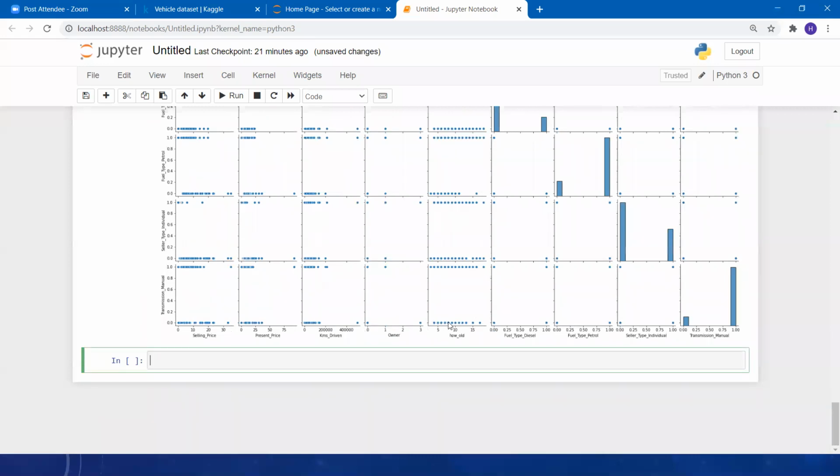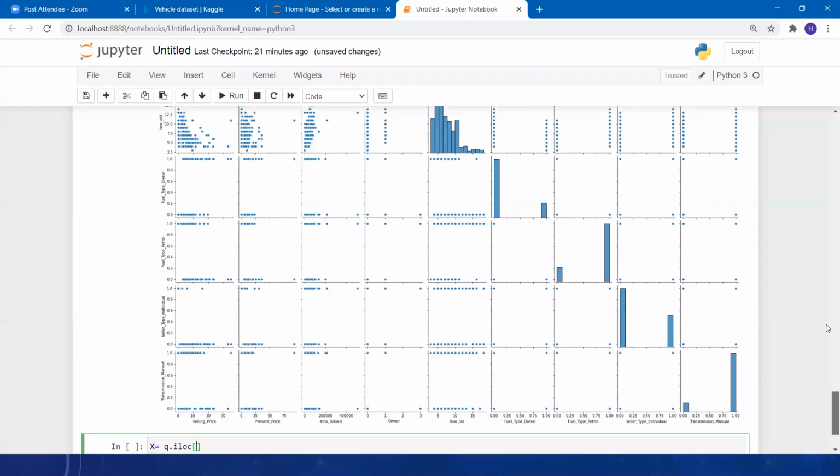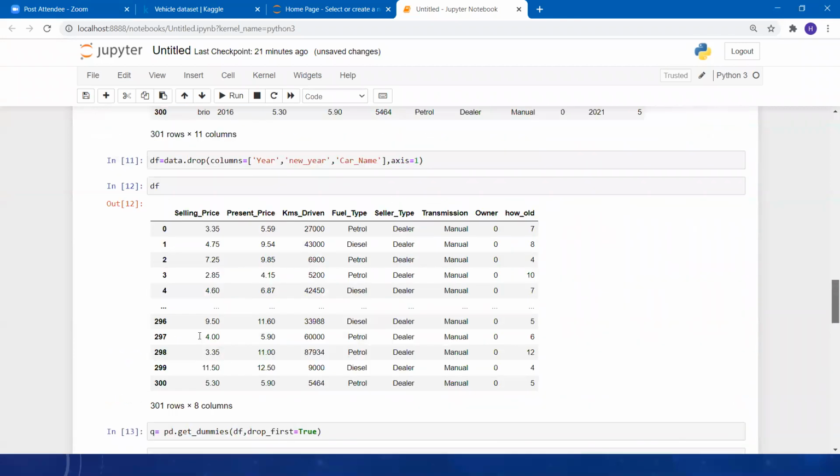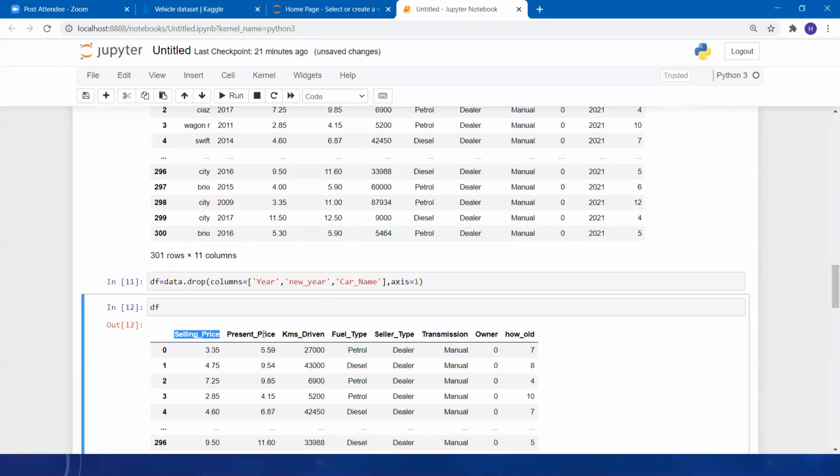Now let's separate our X and Y. Let's separate our feature columns and our label columns. So I'm taking a capital X and I will say iloc. Try to understand over here in our data frame, the first column is our label, and the rest are our feature columns that we are going to use.